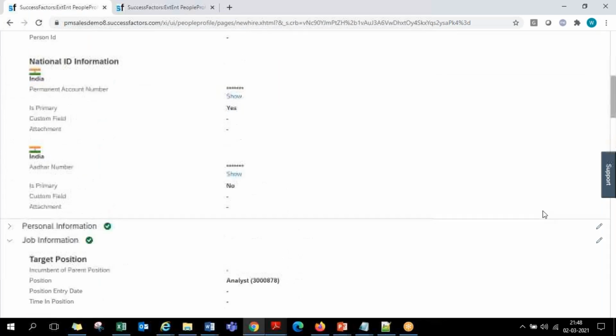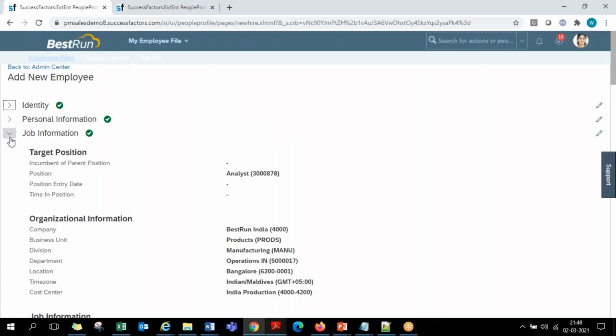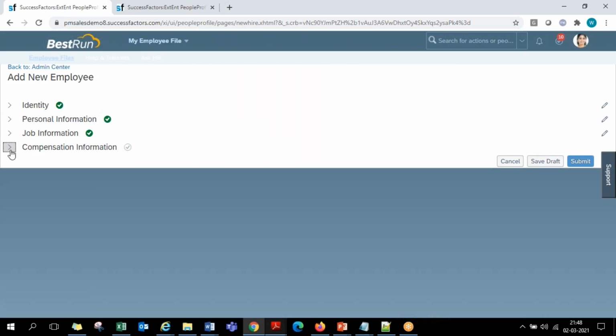It almost took 50 minutes for us, the entire session we have been looking at this, but in real time it doesn't take this much time, because we have been specifically speaking about each and every category of information, their purpose, how to fill in all that. That's why it took this time.